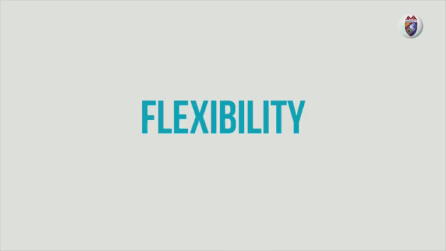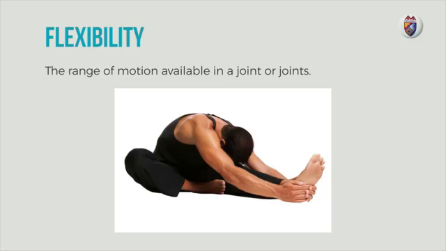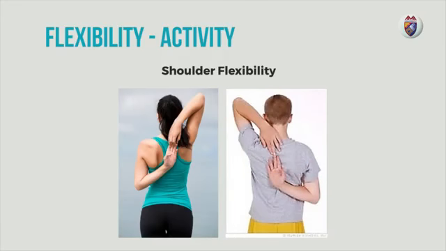This time, we go to the fourth health-related fitness component, which is flexibility. Flexibility refers to the range of motion available in a joint or joints. This means that when you are flexible, your limbs are able to bend, twist, and move without the risk of getting injured. If you are able to reach on both sides, then you have no problem with your shoulder flexibility